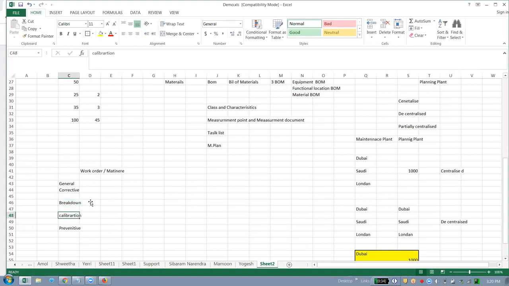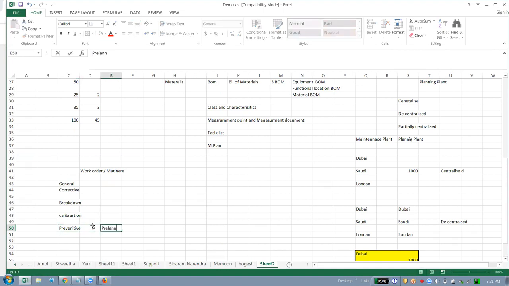Calibration maintenance, we know there are pressure gauges, temperature gauges. Preventive maintenance is pre-planned maintenance carried out to avoid breakdowns and failures.